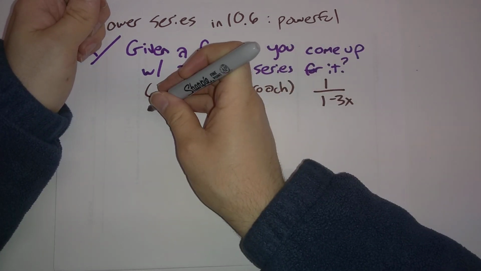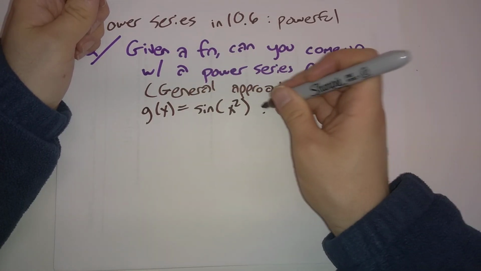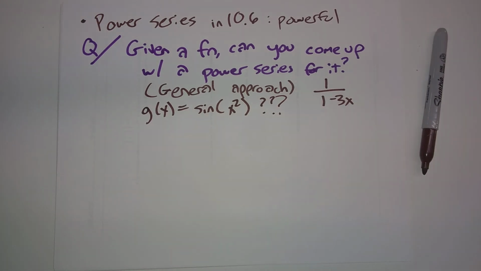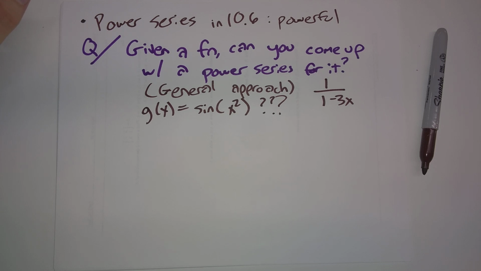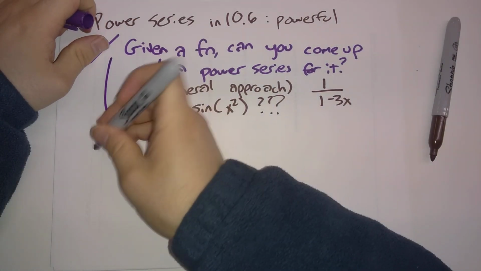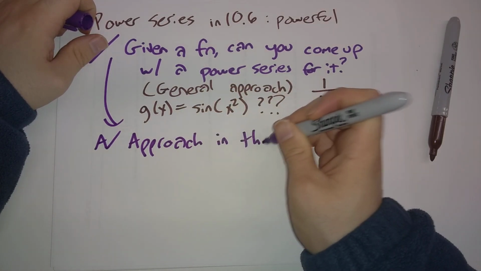So for example, if I were to talk about g of x is sine of x squared, how the heck do you go about finding a power series for this function? And so, actually, in this section and the next, we're going to be able to develop a method that will allow us to find a power series approximation that would apply even to something nasty like this. So the approach here in this section